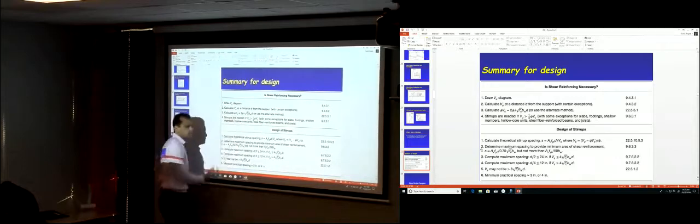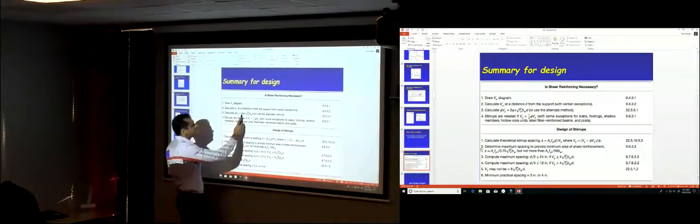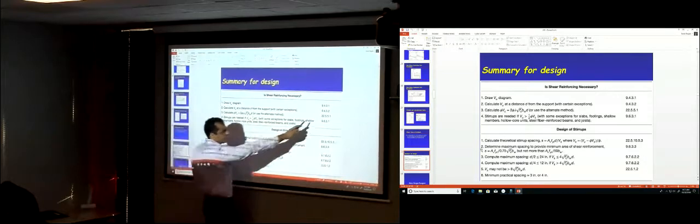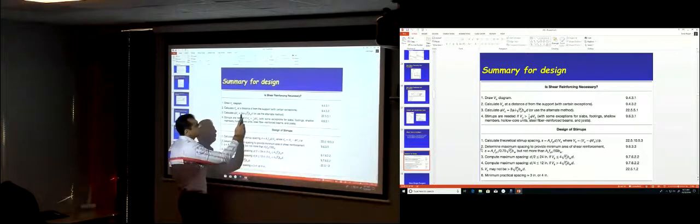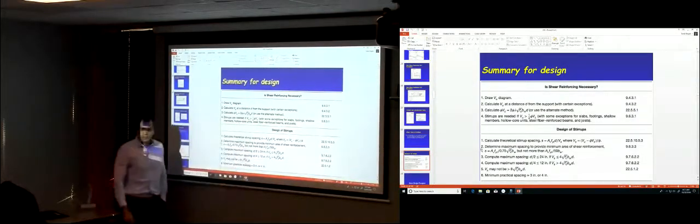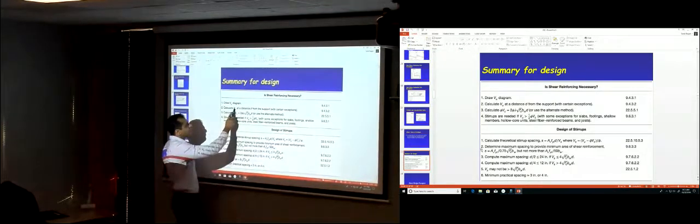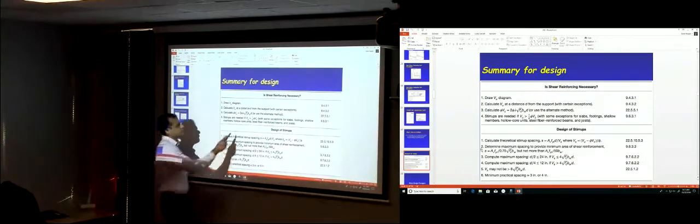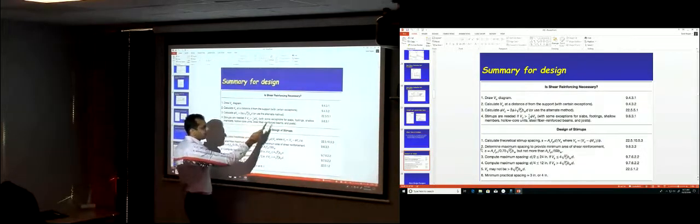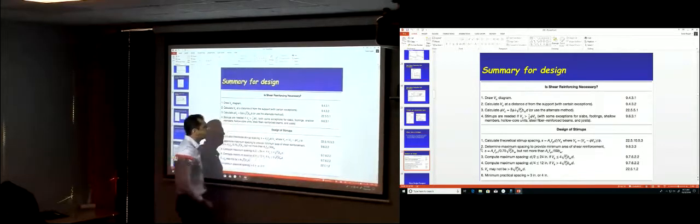It's phi Vc, which is that equation in ACI code 22.5.5.1: 2 lambda square root f'c b web d. So that's phi Vc. If the shear force applied on the beam at distance d is larger than 1/2 phi Vc, with those exceptions that we mentioned,